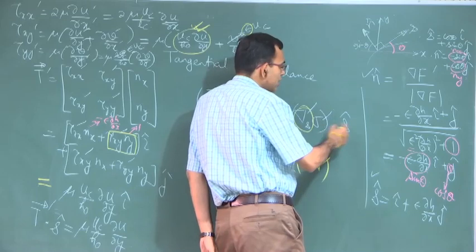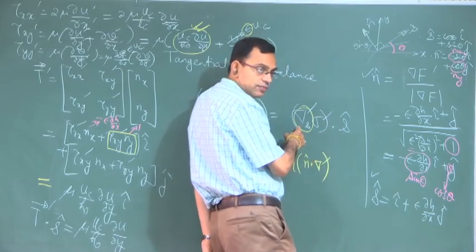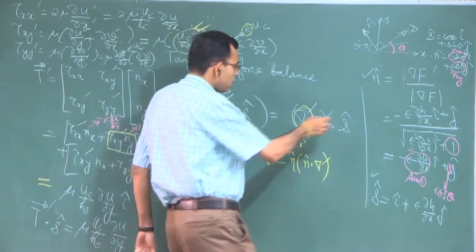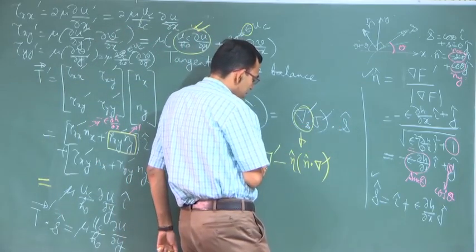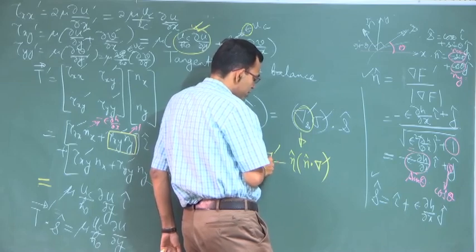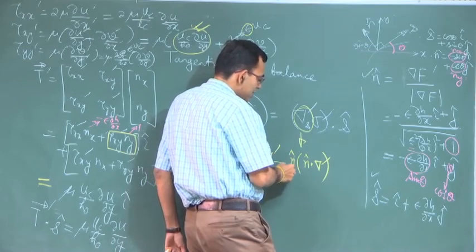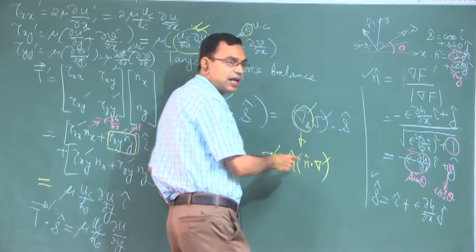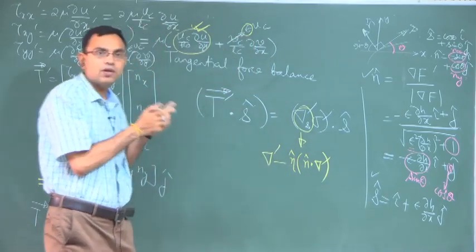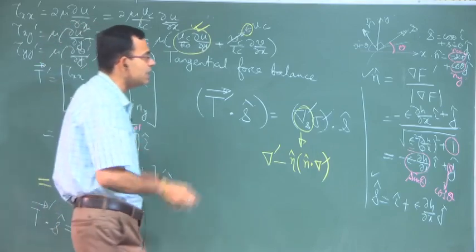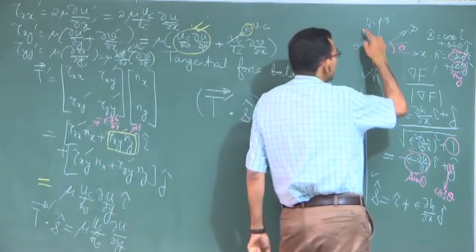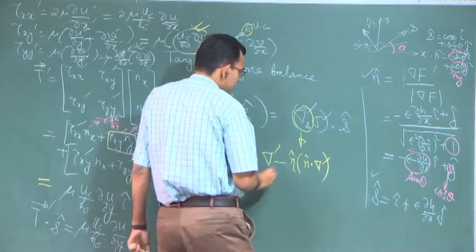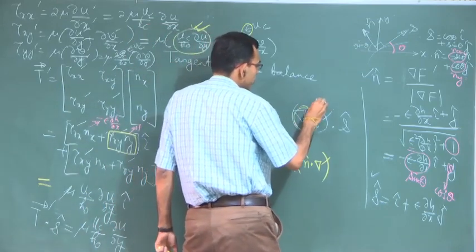Now this dot S is as good as S dot this. Look into one thing: when you take S dot this, you will have S dot this minus S dot n. S dot n is 0, because S and n are orthogonal to each other, they are perpendicular to each other. That is how S and n are defined. So, this will boil down to